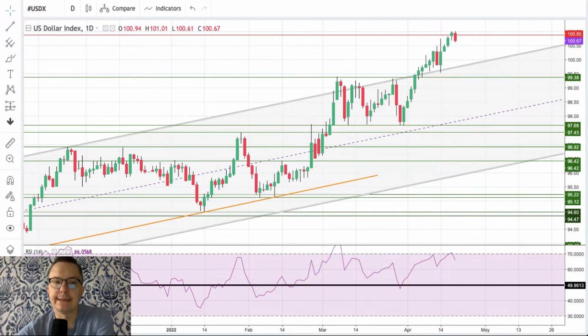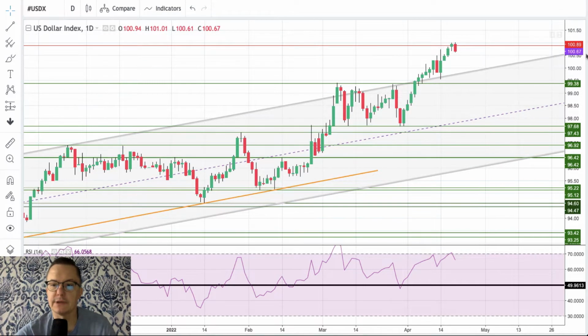The US dollar daily time frame chart is showing us the continuing uptrend. Just recently we hit the technical resistance at 101.89. There is even a slightly higher high here, 101.01. So it's like 12 pips higher. However, the main focus must shift to the potential pullback.